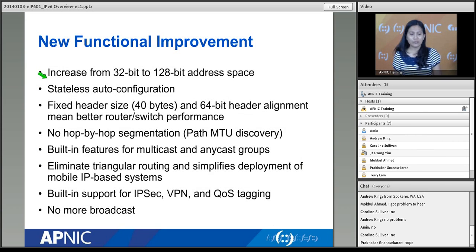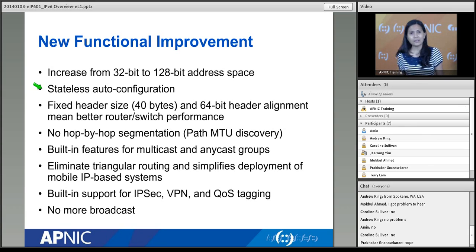First, you're already very familiar with the first one there. It's an increase from 32 bits to 128 bits. So let's just skip that. Next is stateless auto-configuration. So that is something new. Stateless auto-configuration means that there's no need for you to configure IP addresses anymore on your systems. You let your machines do the job. So in IPv4, how do you assign an IP address? In the early days, it is to assign them manually, which is what you do on servers or equipment that needs a static address. And you also can assign dynamic addresses, mostly to end hosts.